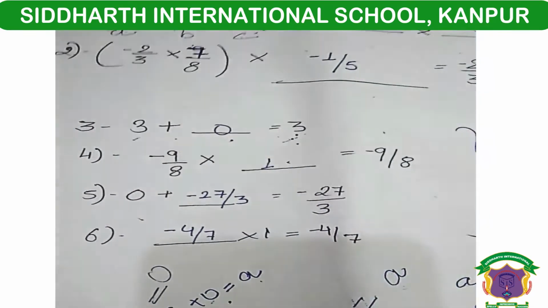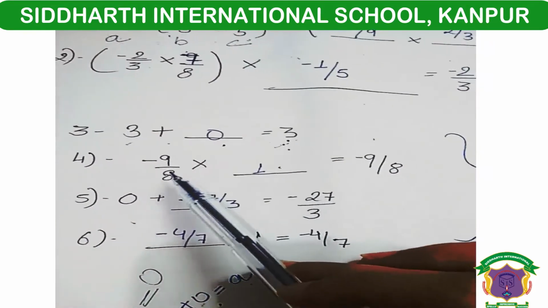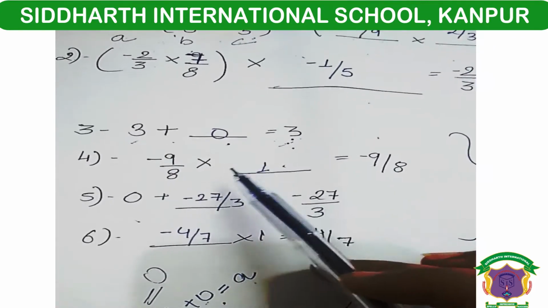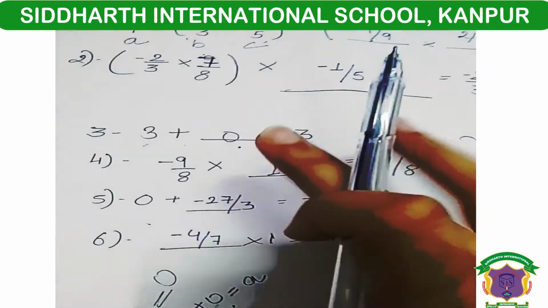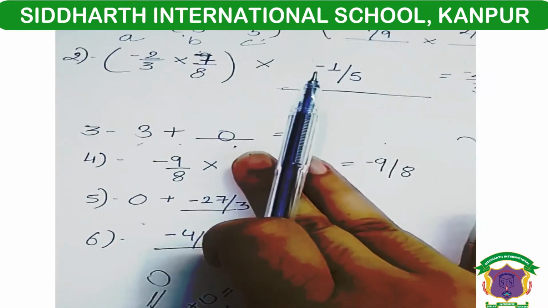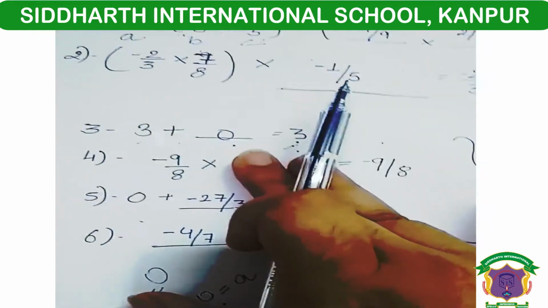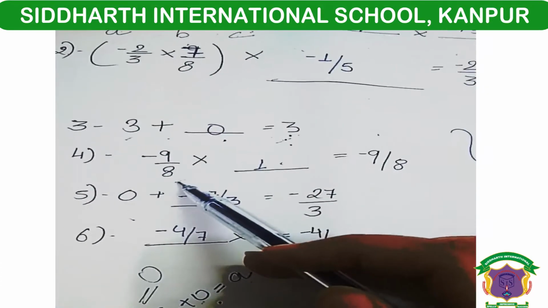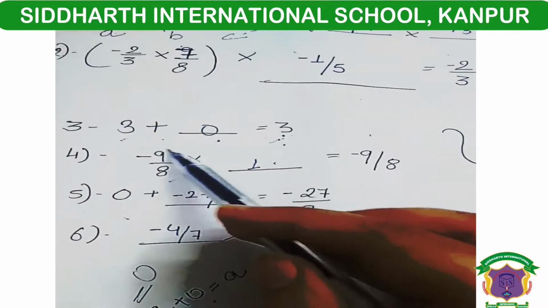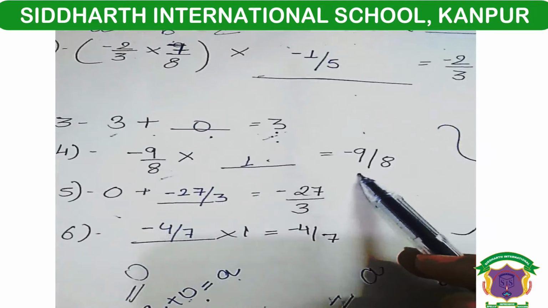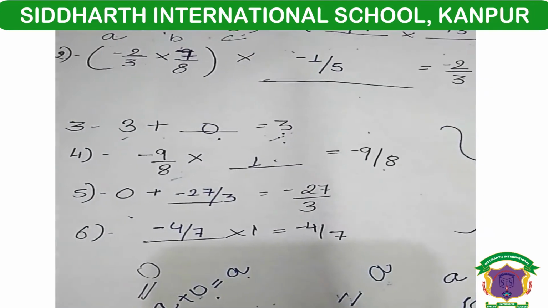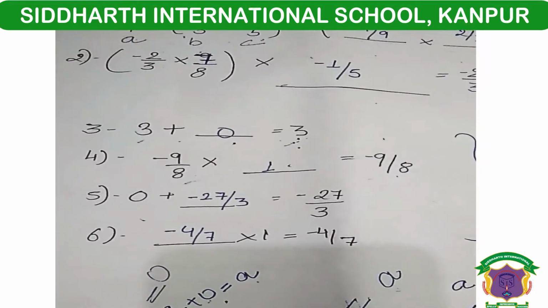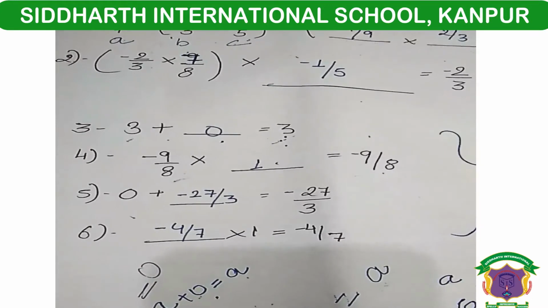Moving on to the fourth one, children, we have here minus 9 by 8 multiplied by what number? Here it's your blank, just hide it, is equals to minus 9 by 8. Similar thing children, here also the rational number given to us is minus 9 by 8 and its value is remaining same. Children, I have written very big and I have given proper spacing so that it's clear to you. Okay? I hope it's clear to each one of you.